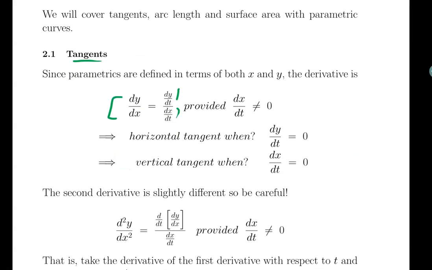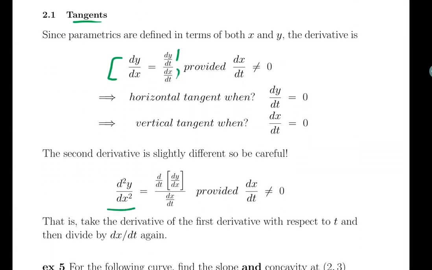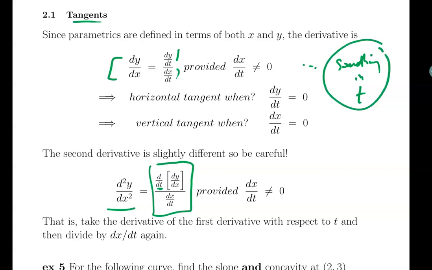The second derivative is a little strange, so just be careful. So this is just notation for the second derivative. Notice that the second derivative is also a fraction, but it's actually the derivative of the first derivative with respect to t, because dy dx, if you have a parametric, is going to give us something in t. Okay, that's the first derivative. The second derivative says differentiate this, that's the top of the fraction, and then divide by dx dt again. I'm not going to get into the reason why. You can look this up if you want, but let's just leave it at that,